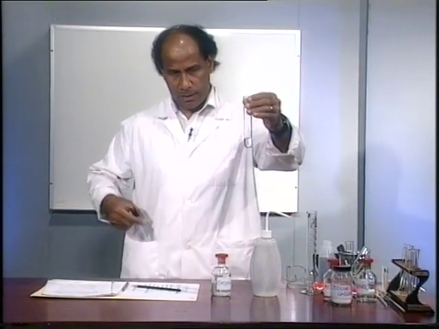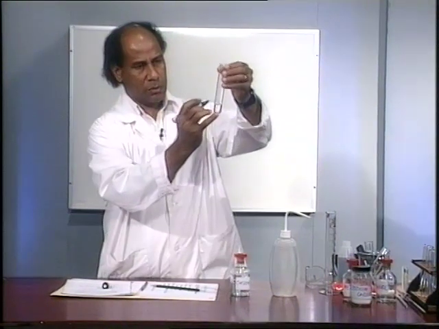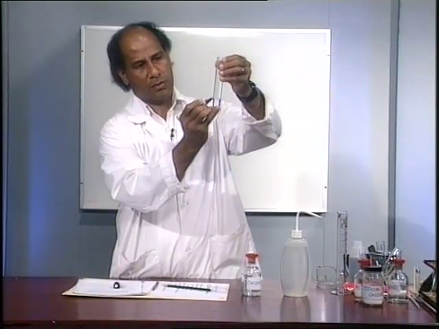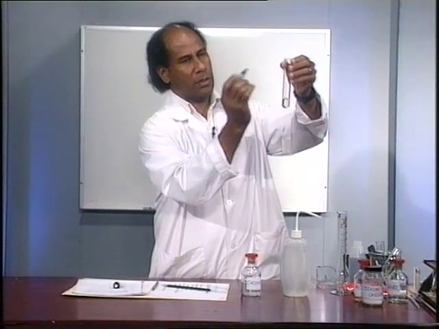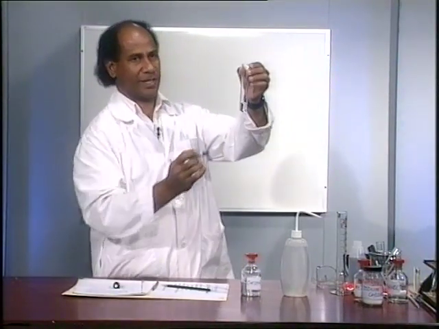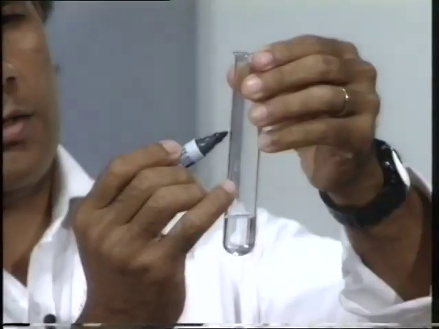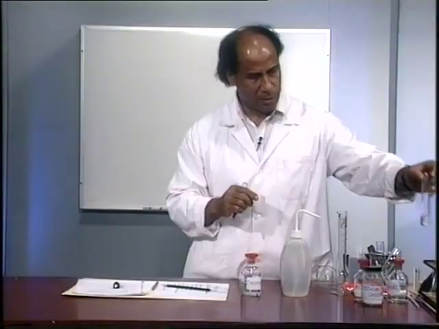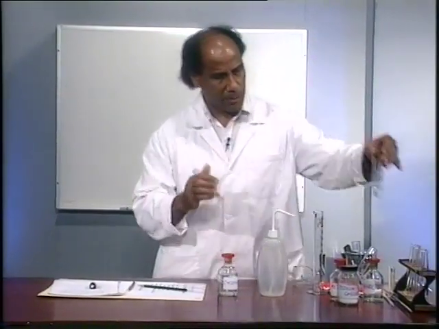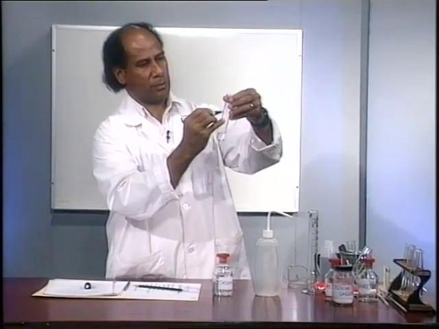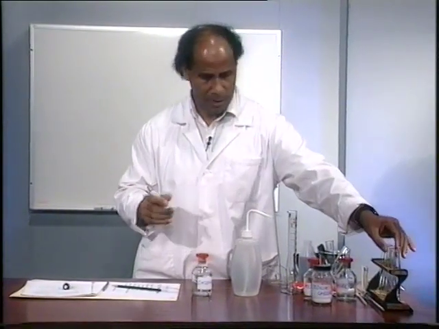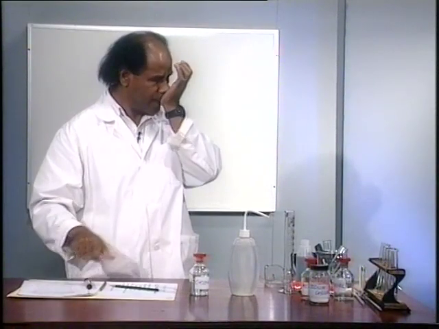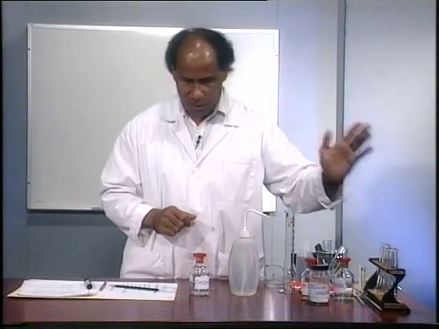Right, and again you need to mark that level. The other thing that you may want to do at this stage is also identify your tubes. So this is cyclohexane. You may like to put a C on that to indicate that this is cyclohexane, and the other one, just put H or W, whatever you like. All right, so we got our 2 solutions there in the boiling tubes, and we need to place that in